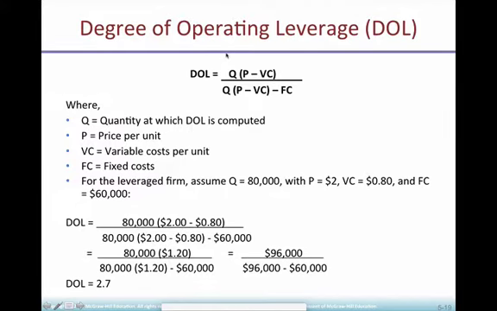Now, if we use the second formula, there is this alternative formula that's going to give me the same results here. Quantity in units, price per unit, remember that here it is per unit, variable cost per unit, plug into the numbers that we calculated earlier. Remember, we had quantity is 80,000 units, price was 2, variable cost per unit was 80 cents. So I end up with the same value here.